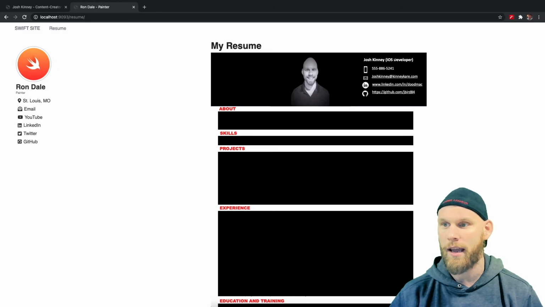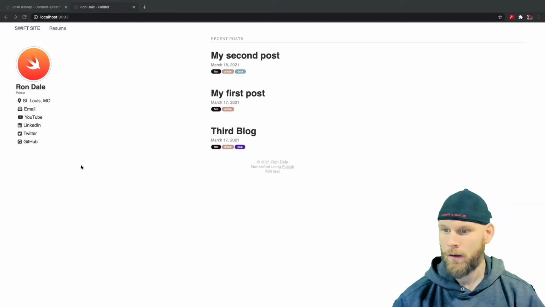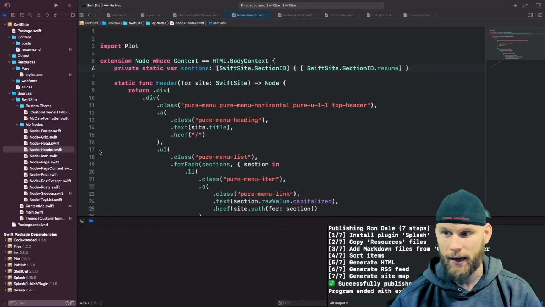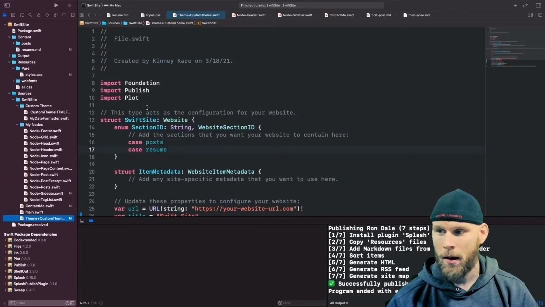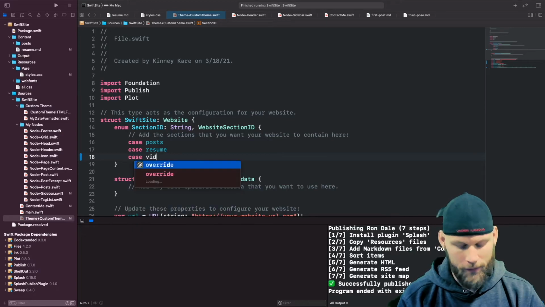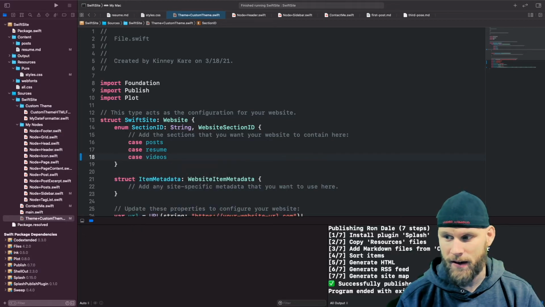Now let's look at actually adding. All right, so let's run over to our code again, and there's 3 things you need to know when you're changing a new section for your site. The first is actually adding a case. So if you go back down to this theme plus custom theme, you'll see these cases for post and resume. Now let's add one for videos. Now remember, whatever you type in here, so I'm typing in videos,